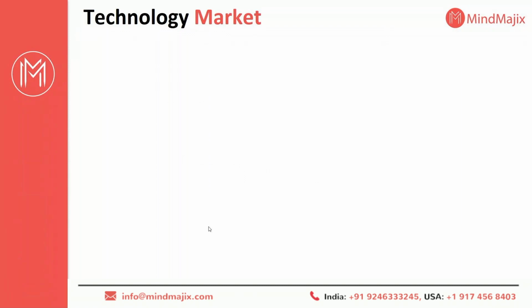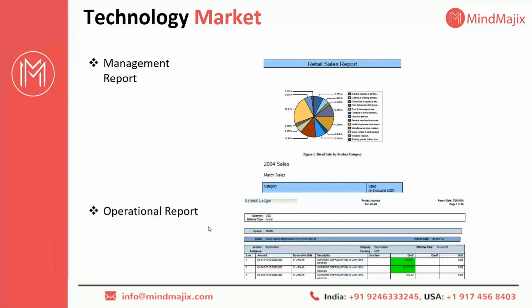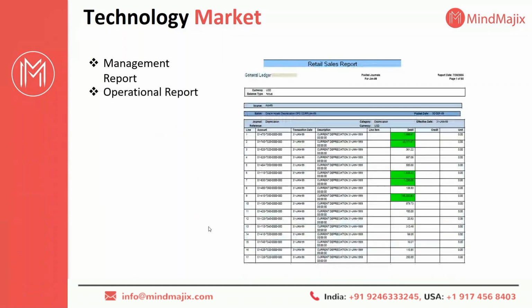Then we'll move to the next point: why BI Publisher, where in the market BI Publisher stands, and what the uses are, how exactly in real life BI Publisher reports can be used. The first is management reports. Every institution or organization will have their own management committee, and they will have their own reports. Then operational reports: what their operations are, how their progress is, what their quarter-wise transactions or year-wise ledger are. These things can also be generated from BI Publisher reports.